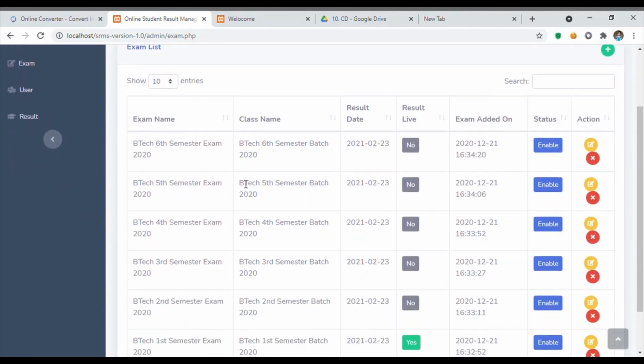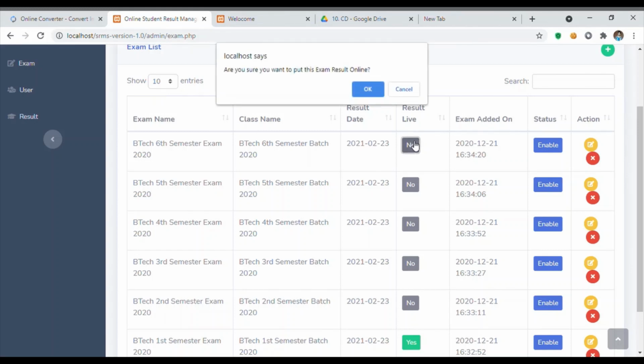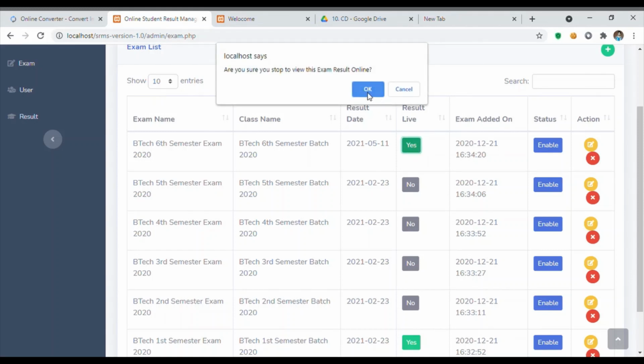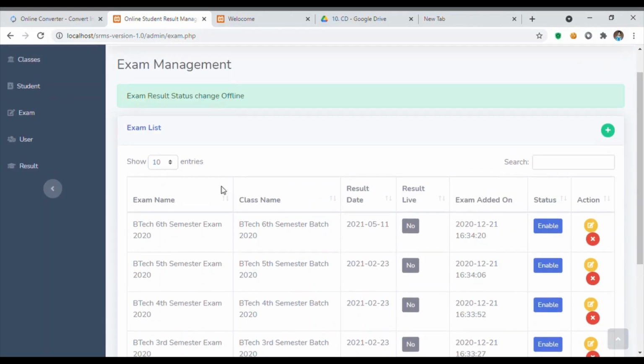Suppose I want to make this result live, I can make this live, and everyone can see that the result of sixth semester has been published, and only the students of sixth semester can see their results. If I'm not making this result live, then no one can see their result.